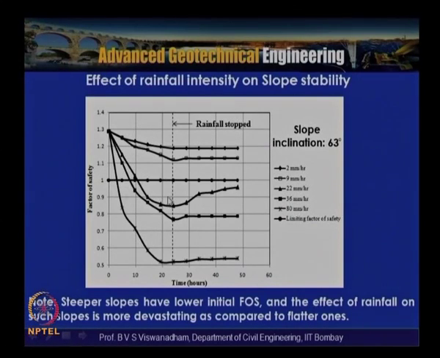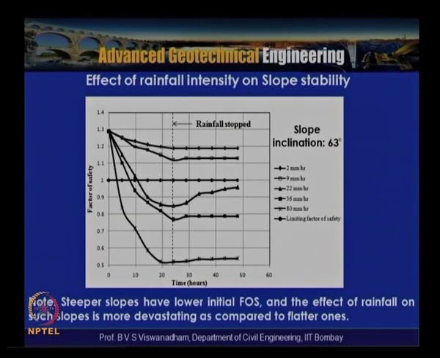So this shows that steeper slopes have a low initial factor of safety, and the effect of rainfall on such a slope is more devastating as compared to a flatter slope. That is a usual natural conclusion, but this exercise is done to show